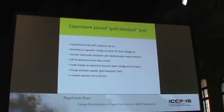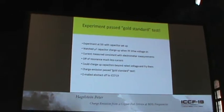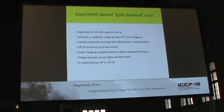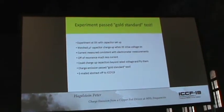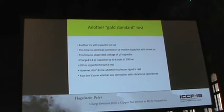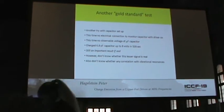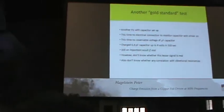Charge up capacitors past the rated voltage and fry them. And I mean, any gold standard test has to involve the sacrifice of electrical components. And once the test was passed, the abstract got emailed off to ICSF 19, approved, and we were slated to give a talk. We were celebrating. And Fran's the kind that if he's got a good gold standard experiment, he does it again to be even twice as sure. This time,